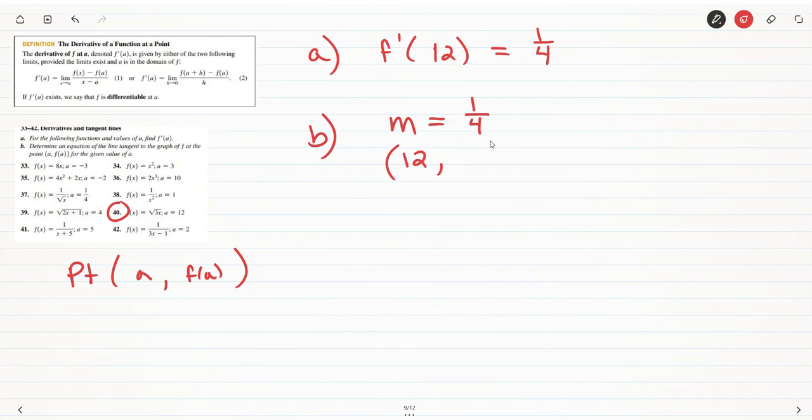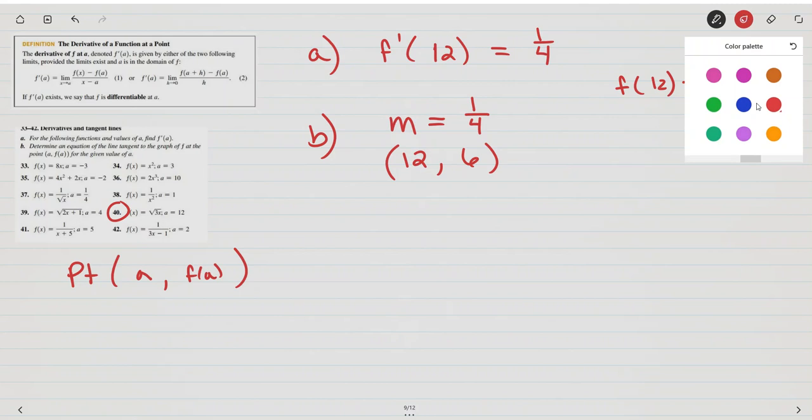Let me rewrite it just to make sure we've got everyone. f of 12 would be the square root of 3 times 12, which is 6. So we've got the point a equals 12, f of a equals 6. And if I want to find the equation of this line,